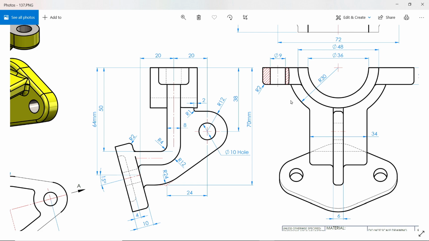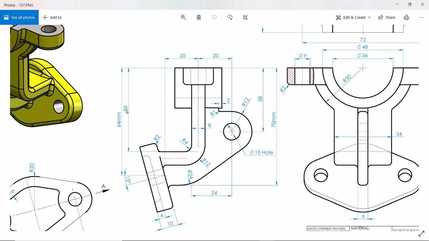Now let's make this flange R30, 34 millimeters, and you will see from here 50 millimeters from this upper edge to this upper edge. We will create this one first, then we will see how to create this one, because we need to create this also.